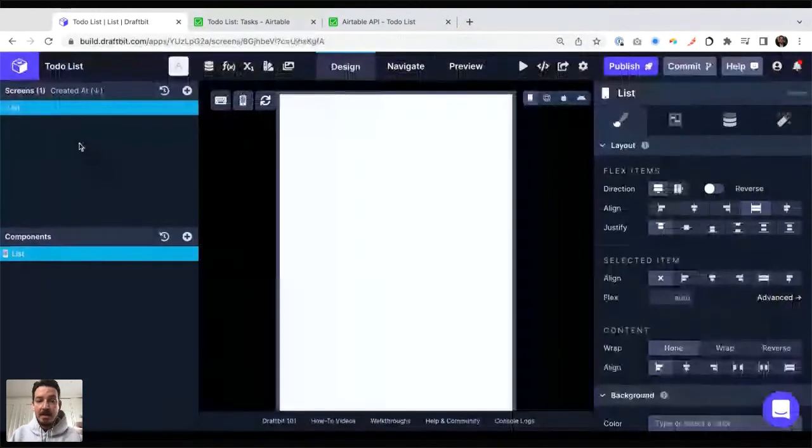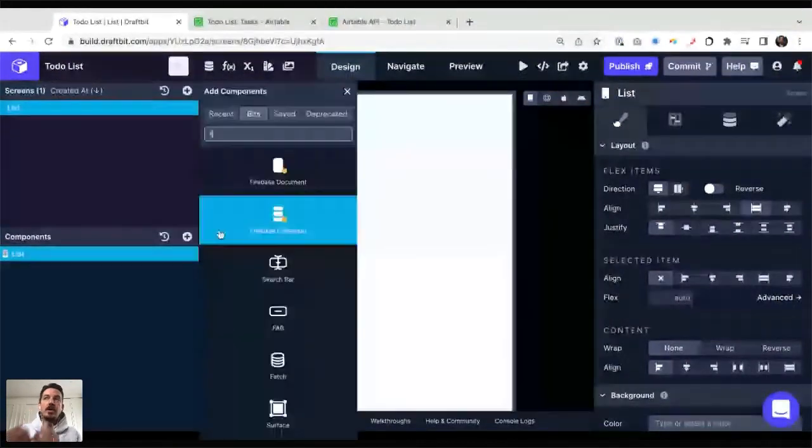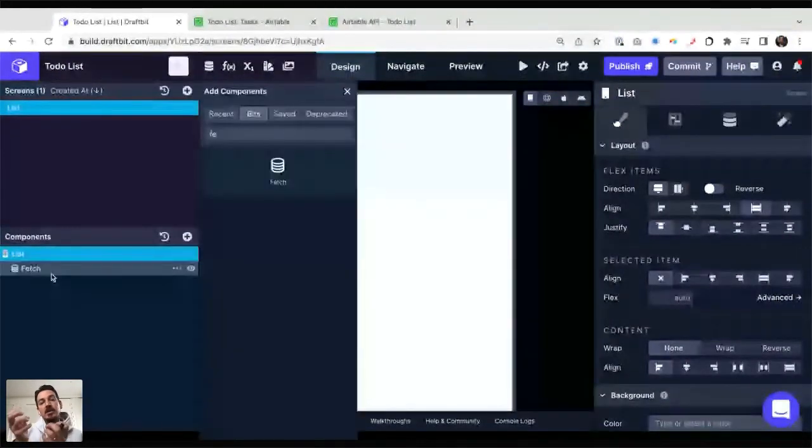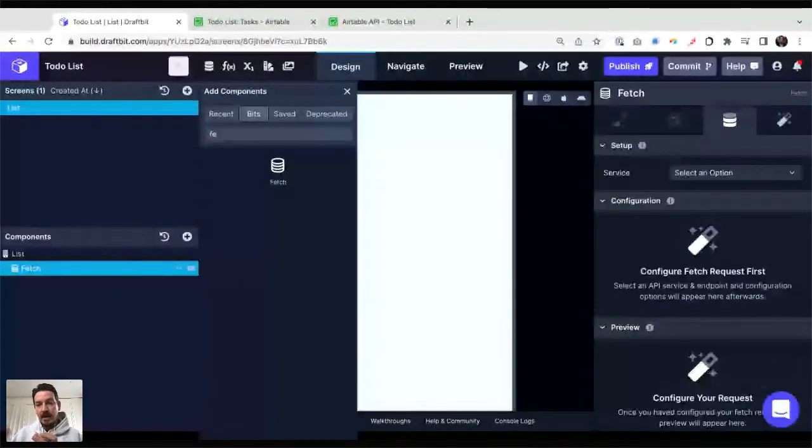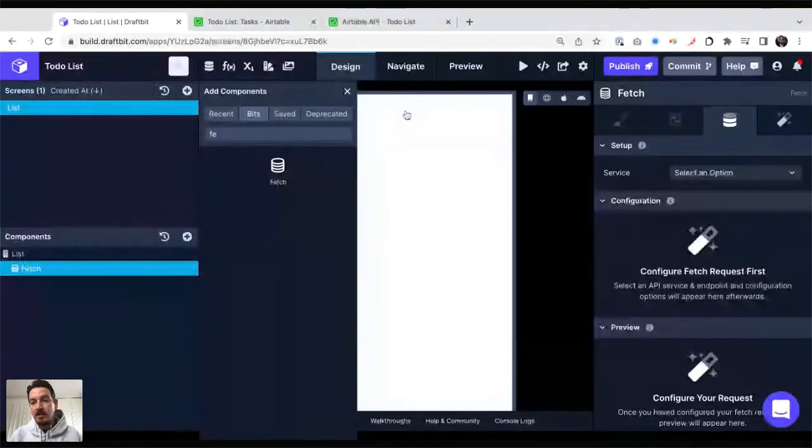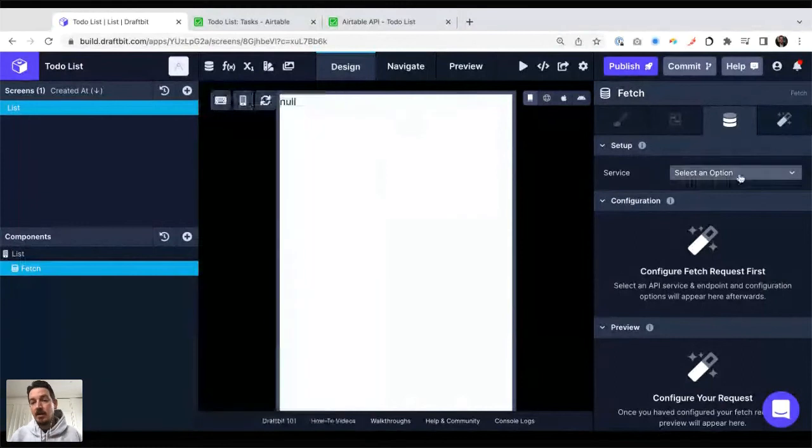So now I'm back to my screen. I have that connection available as a thing I can use. I want to use it, and the way I use it is a fetch component. For people who know a little bit about the underlying technology, fetch is the name of the component that you use to retrieve information from outside. That's why we also call it fetch in the Draftbit UI. We try to keep it consistent. So with fetch, we have to tell it to use that Airtable connection that we just established, and essentially that's it.